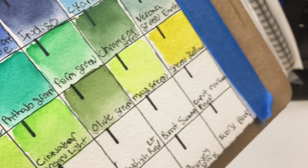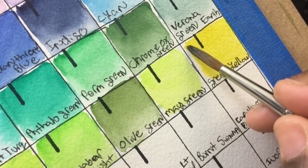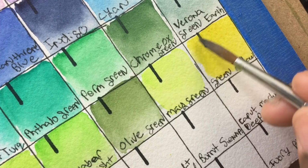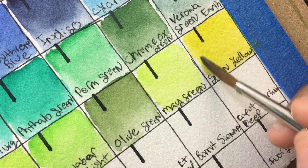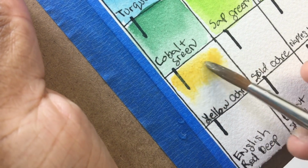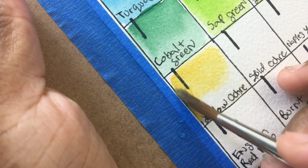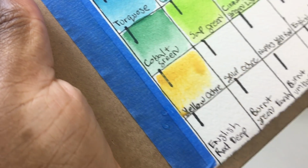And this one is green yellow, and it is PY129, and it's very reminiscent of the Sennelier brown green or the Daniel Smith rich green gold. The Sennelier brown green is also PY129. So there's that. Anyway, this is yellow ochre, and it is